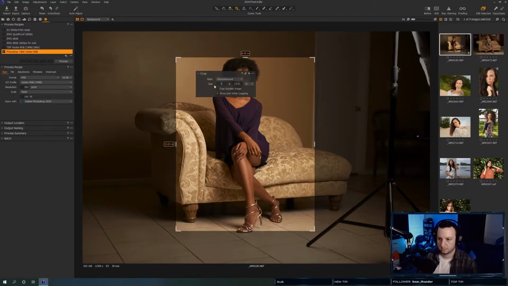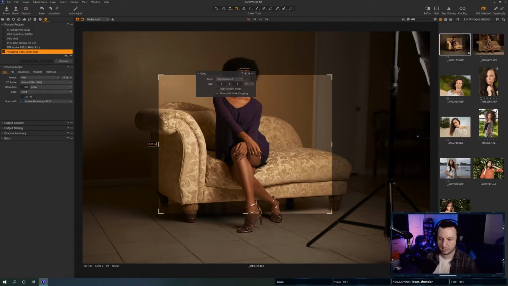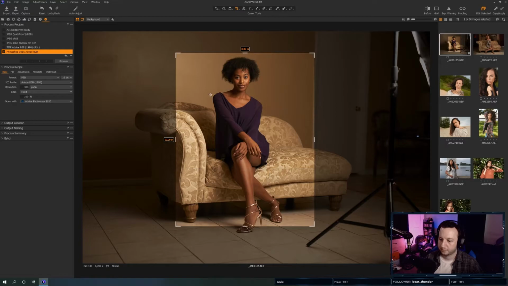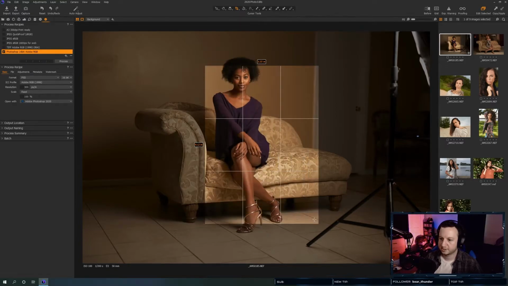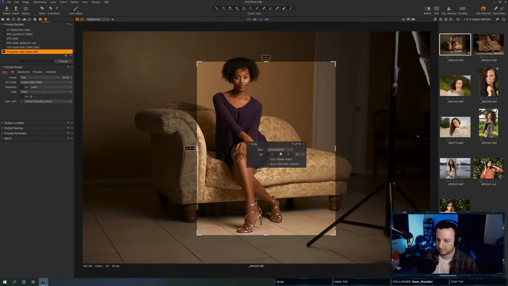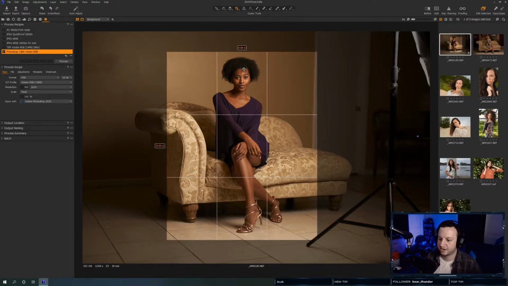Right click. 10 by 8. 8 by 10. Okay. So it should keep it constrained, which it's not. So unconstrained, let's do, sorry, I haven't learned all the, okay, shift. I have to hold shift. All right, so this would be an 8x10.